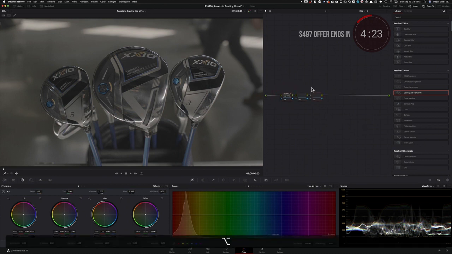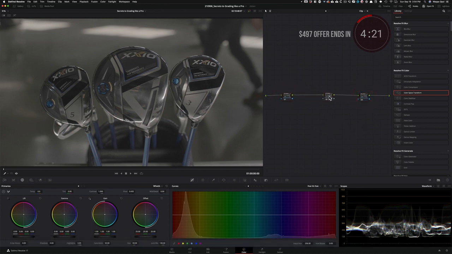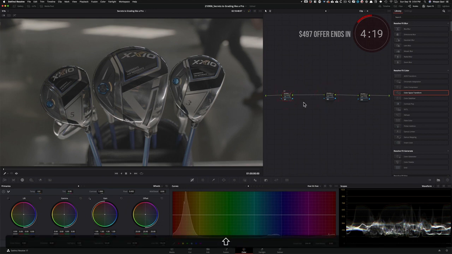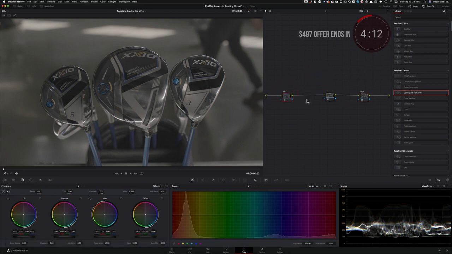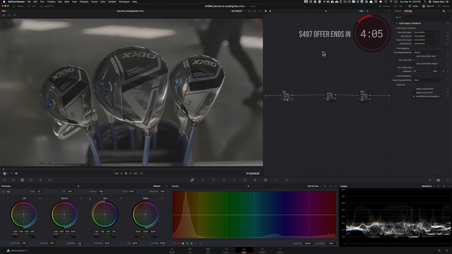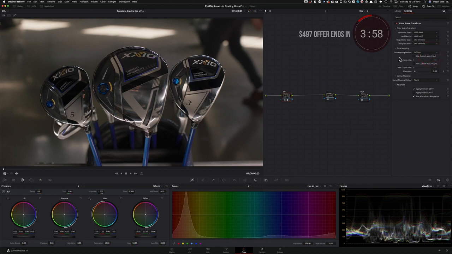Now I'm going to go ahead and create 2 new nodes, and we're going to put this over here and call it IDT, Input Device Transform, and we're going to call this ODT, Output Device Transform. And in here, I'm going to show you how to set up DaVinci Wide Gamut node-based first. So in here, I'm going to drop on Color Space Transform. Here, we're going to do a similar thing. We're going to say, hey, this stuff is shot on Alexa, okay, in Log C. And output color space, I want you to kick this out as DaVinci Wide Gamut, and gamma output is going